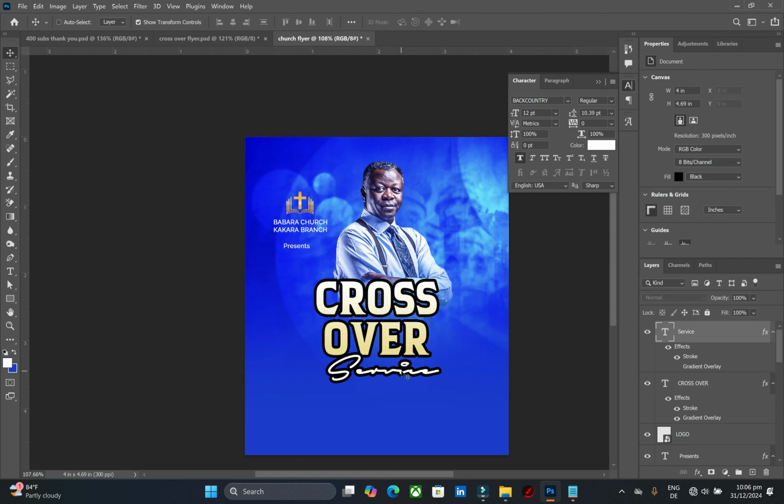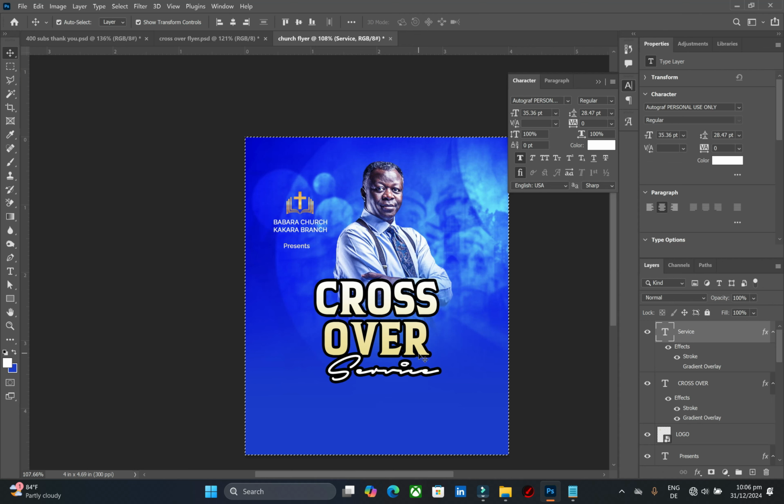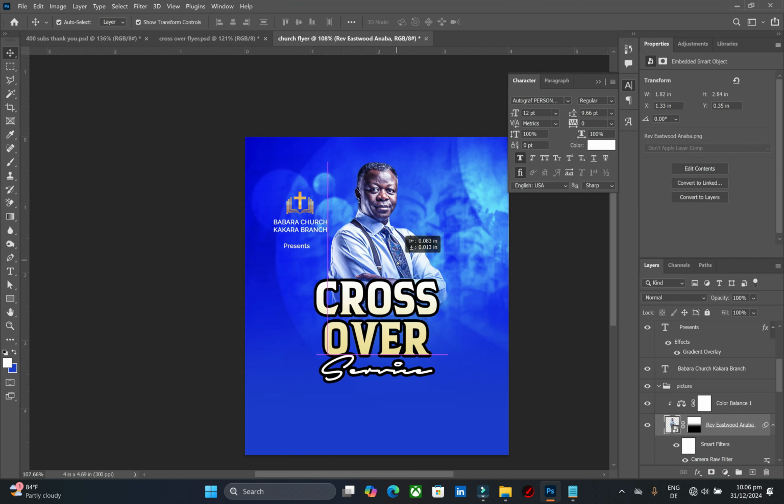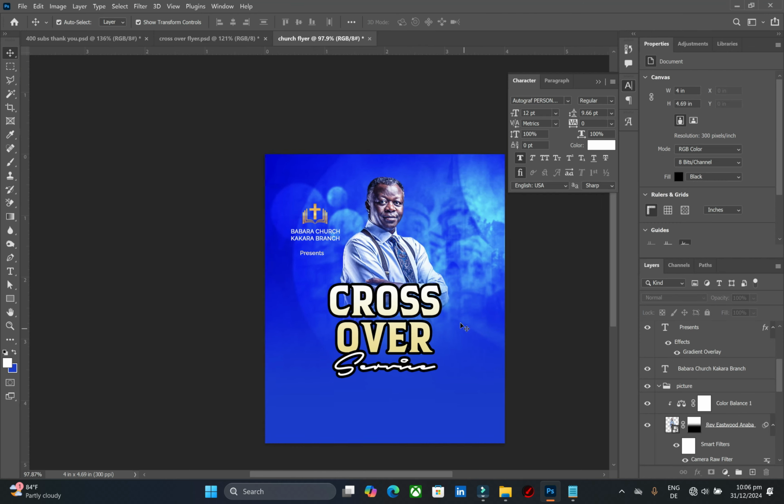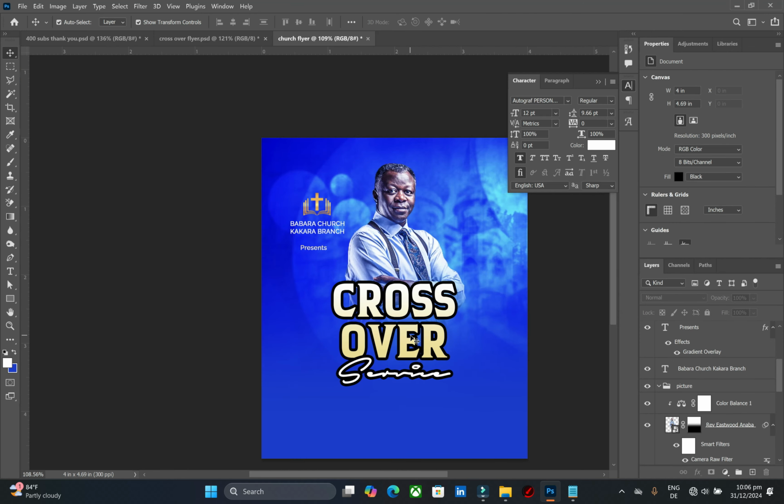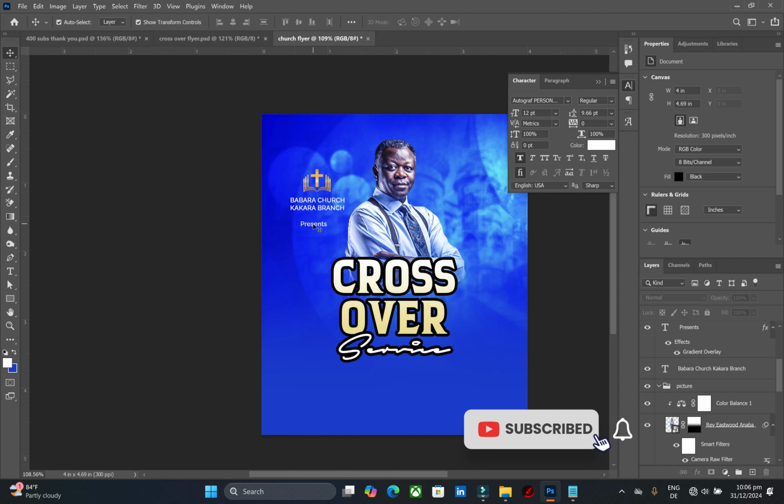Now that I'm done, I'm going to center the crossover like this, and again to center the text by pressing Ctrl+A and clicking on this to center the service text as well. I'm going to bring the image right here like this. Now that I'm done typing this, the next thing I have to do is to